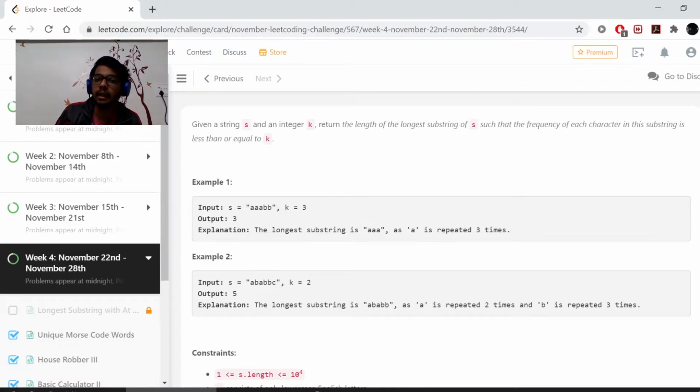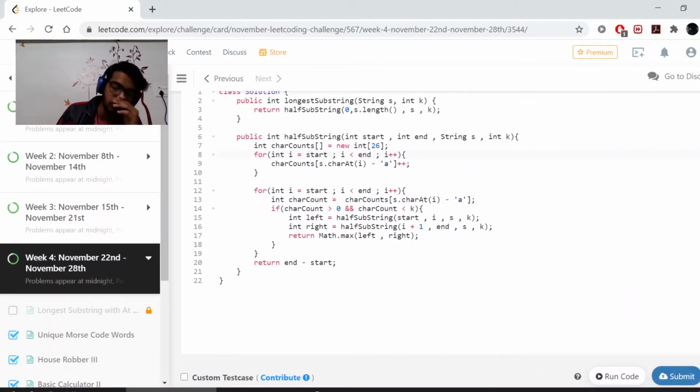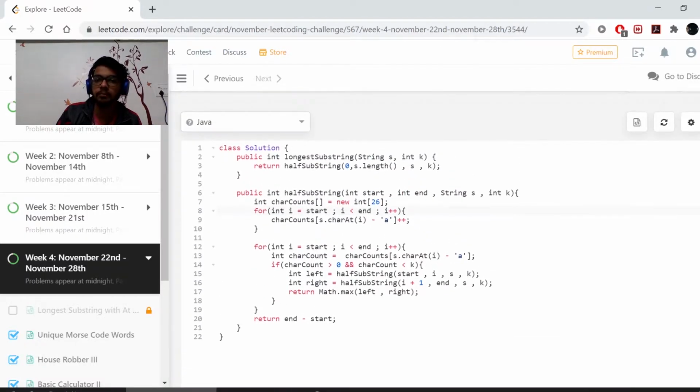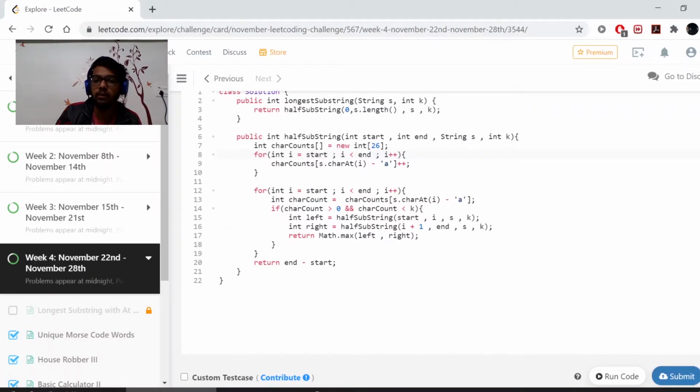Now we check if any character in the left subarray has a count less than 3, or we check in the right subarray if there is any character which has a count less than 3. If this condition is not met, we find our array. So how do we go about doing it? Because it's a recursive function, we start with the start and end with the end. First the start is 0 and the end is the last index of the array.